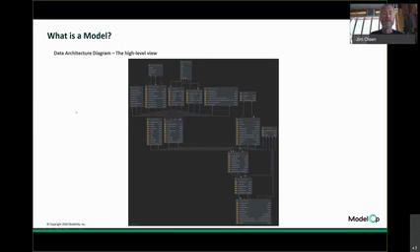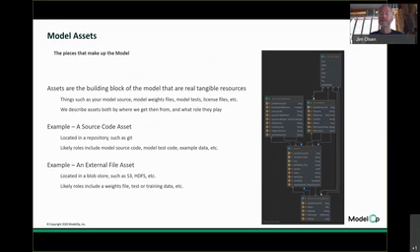One of the ways we do that is we have this concept of model assets, and that's what we'll be looking at a lot today, because those are probably the most tangible portion of what describes a model. You have a series of different pieces, like I just described earlier, that make up the totality of a model. As I mentioned, weights files are a great example, but weights files alone, if you just have that, don't really give you the depth of knowledge about that model. So we want the original source that went with that, or maybe the source that uses the weights files. We want to know what the training data was that actually trained and went into that weights file,